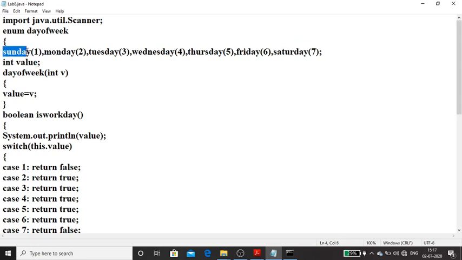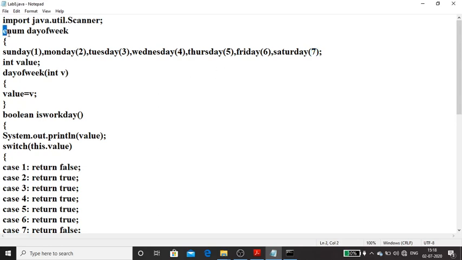Okay, and if we write it in this way, once the enum gets loaded, at that time once the object gets activated, it will call the parameterized constructor. If you just write a named constant, it will call the constructor. If you write a named constant with a value, it will call the parameterized constructor. So this will be executed, and whatever number we pass will be copied into v, and that will be assigned to value. Means for each named constant there will be space for value. Within that space it will assign this number. For Sunday the value contains number 1, Monday the value contains number 2, the same way Saturday the value contains the number 7.